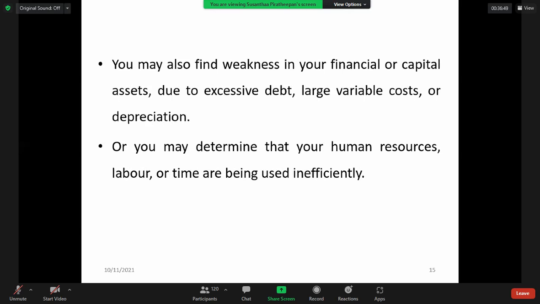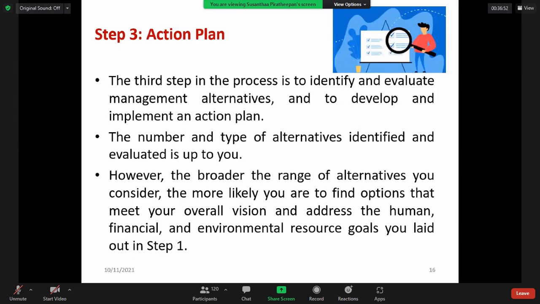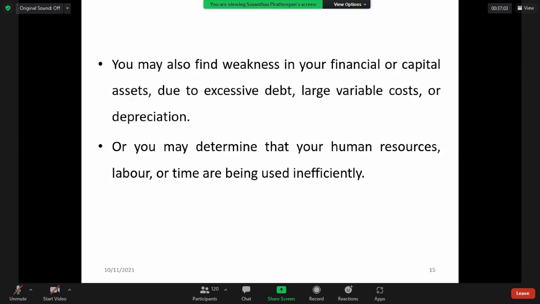And in step 3, this is the major one, the action plan. Before starting this one, can anyone explain the first 2 steps? Not very largely, just briefly tell what the 2 major steps we already discussed are, what things we consider under the steps, or why we are doing each step. Any one of you?